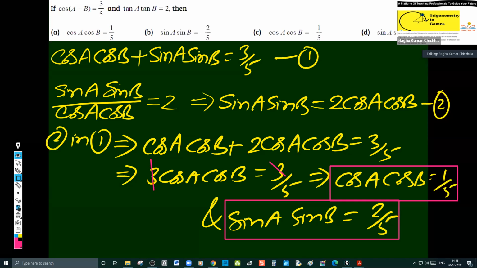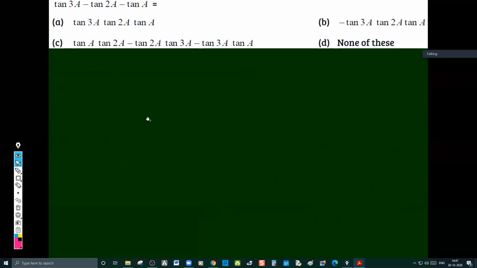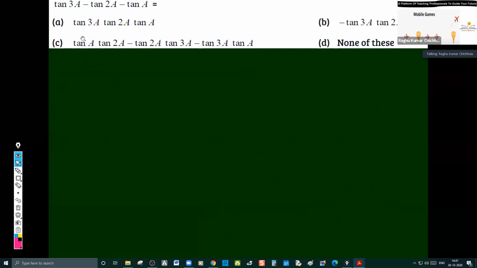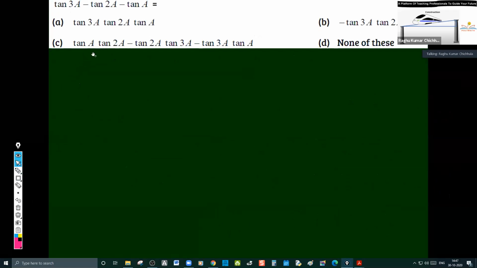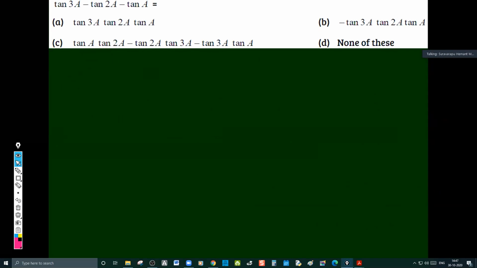And I'm moving on to the next question. This, we did it already. And what is that to be considered, Maurya? You tell me, to solve this problem. So the answer will be tan 3A, tan 2A, tan A. Correct. Where to start? Tan 3A minus tan 2A is equal to tan A. No. What is that to be considered to begin solving the problem? What is the first step? Given expression or a known expression. What is that to be considered in this case?